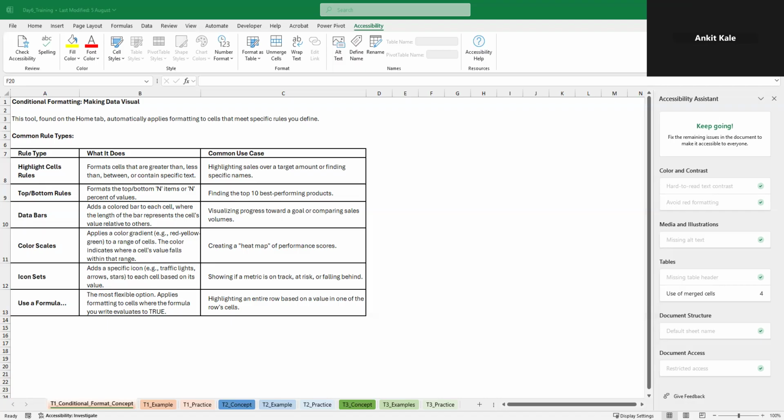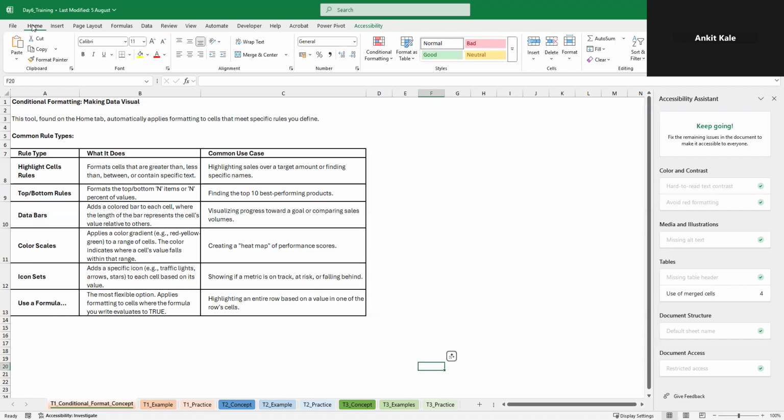Then finally, we will combine these two tools to create interactive reports, where selecting an item from a drop-down list instantly formats the table of data. So let us begin with the first concept, which is conditional formatting. Conditional formatting is on the home tab